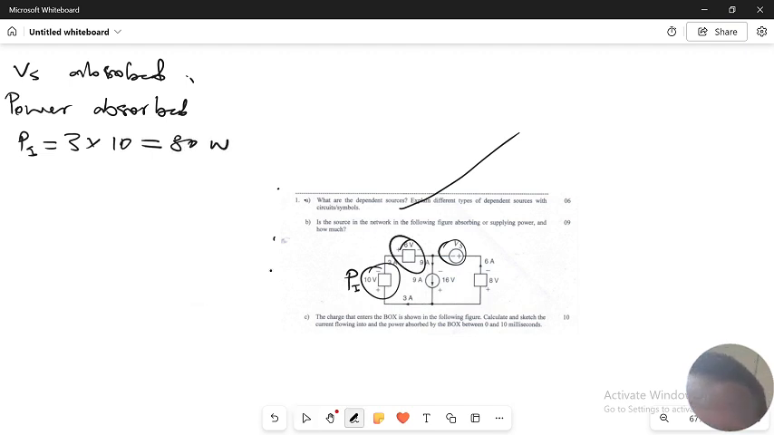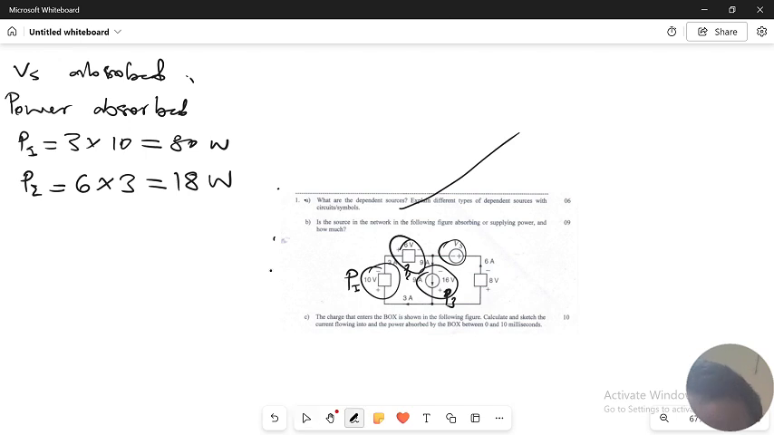Now let's take this one. This current is entering the positive, so if I make this P2, the voltage is 6 multiplied by the current 3, which is going to be 18 watts. Let me check this one. If I make this one P3,